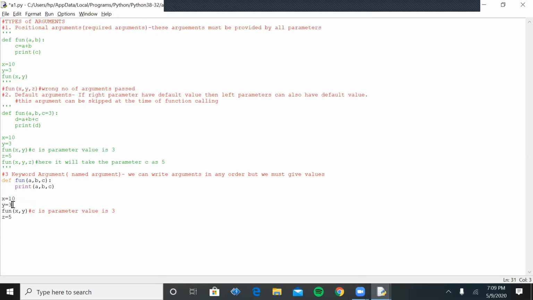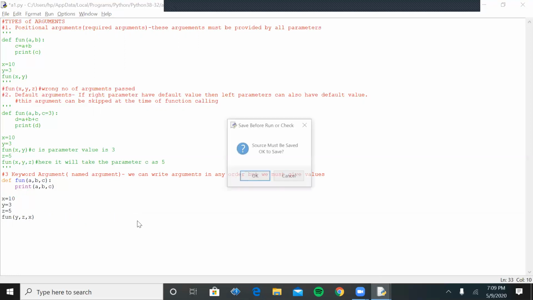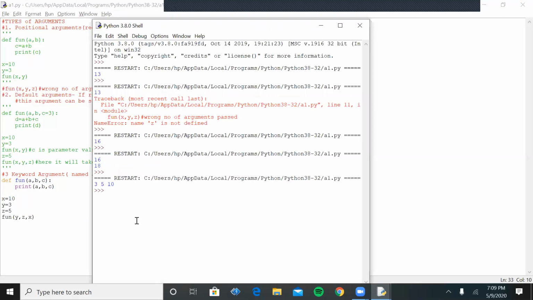I'm specifying x as this, y as this, and z as 5, and in any order I can specify the values: y, z, x. Obviously it will work properly. You can execute this.